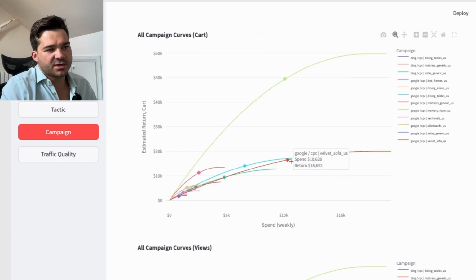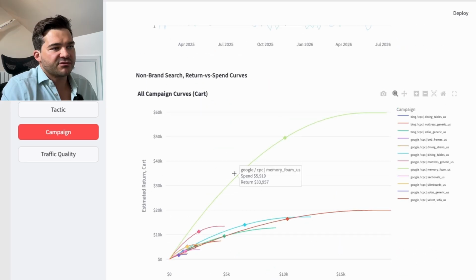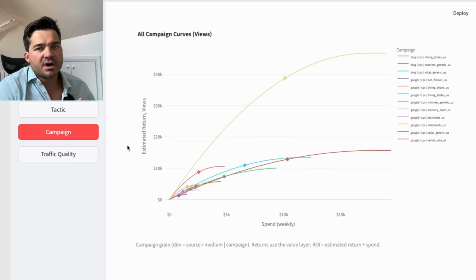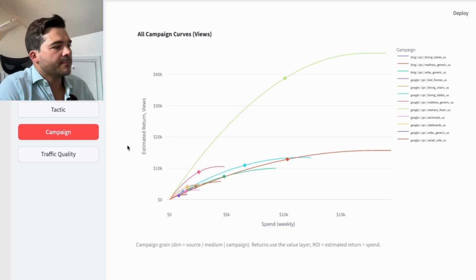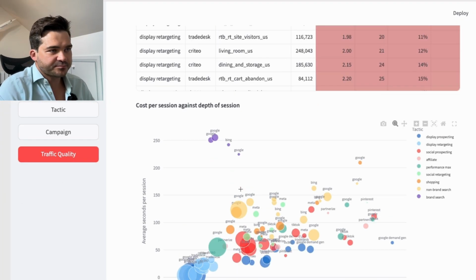And then you have your marginal curves to be able to understand more or less where you want to invest or divest on both ROI, cart, and views. This is on the marginal ROI of your mid-funnel. Then what you can do too is dive into the traffic quality. So